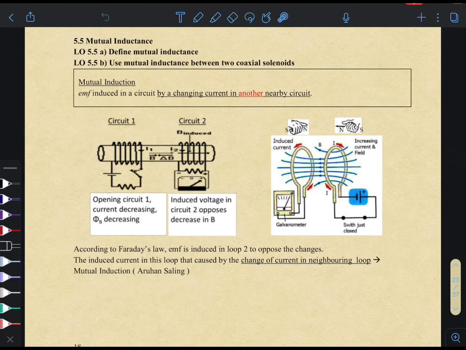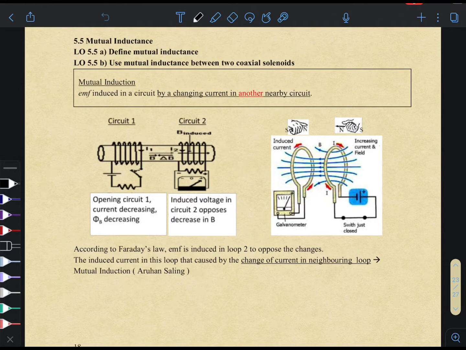Subtopic 5.5, mutual inductance. There are two learning objectives in this subtopic. The first one is to define mutual inductance, and the second one is to use mutual inductance between two coaxial solenoids. What is meant by mutual induction? Mutual induction is defined as the EMF induced in a circuit by changing current in another nearby circuit. So mutual inductance is when you induce EMF in one circuit due to the changes in